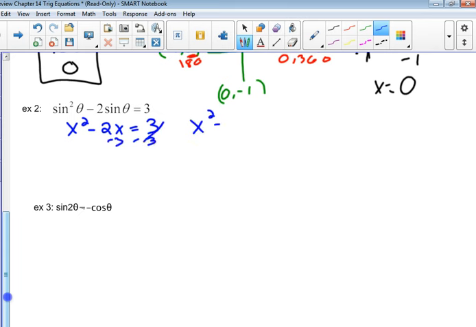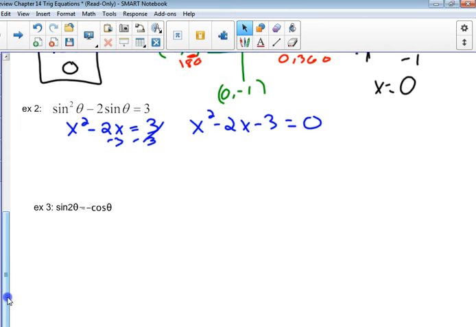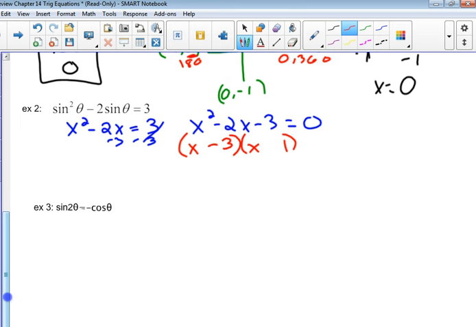So x squared minus 2x minus 3 equals 0. And then we would have to do our factoring. So x and x. What are your factors of 3 that make it 2? Good. We need a minus 3 and a plus 1. We want to get a negative 2. So when you set these to 0, we're going to have x equals 3 and x equals a negative